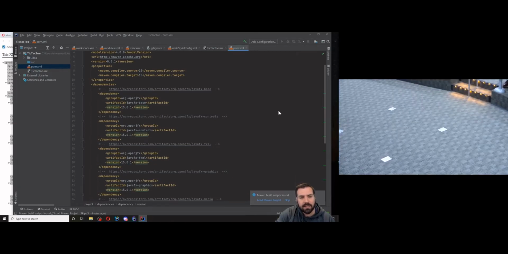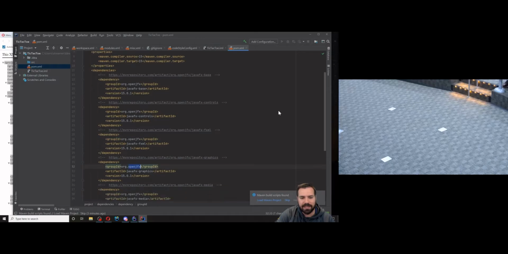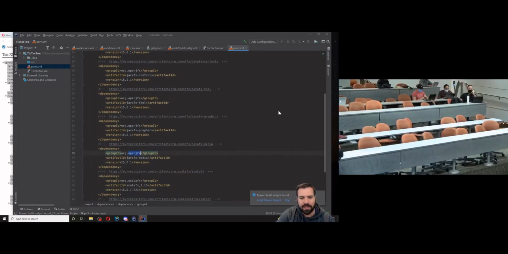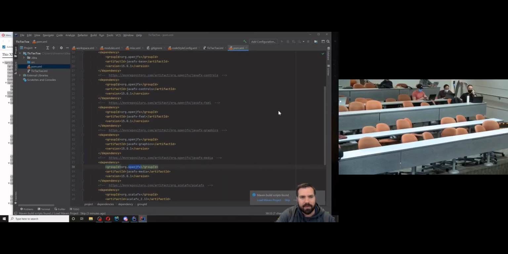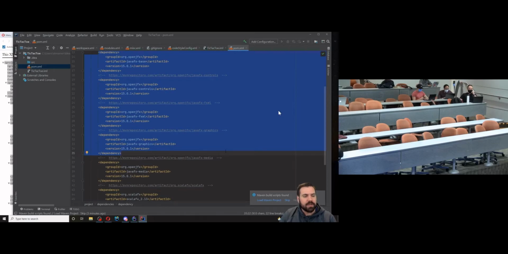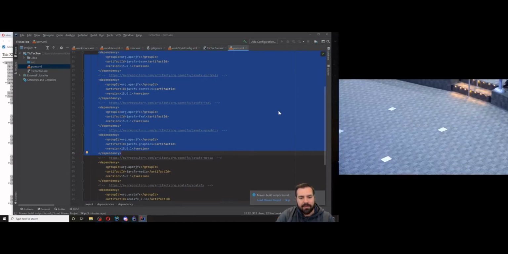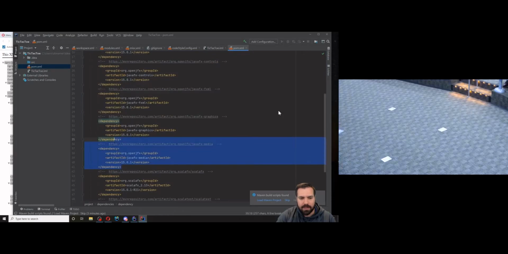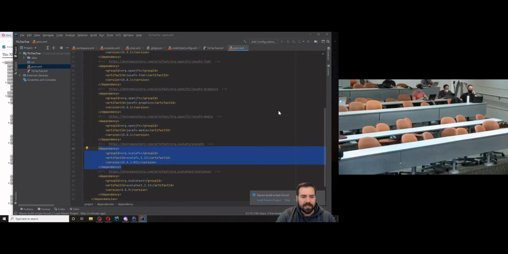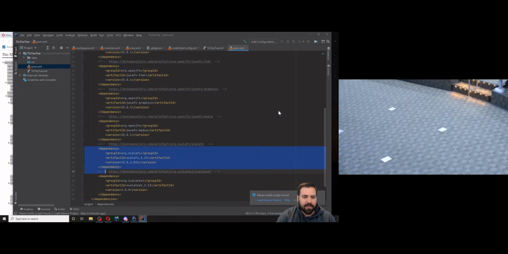But since GUIs were called for, we do need this OpenJavaFX, which has several dependencies. This is the reason why I cut and paste this, because I'll forget one or three of these if I try to remember them. But all these OpenJavaFX libraries, that's going to be our GUI library. And then we have one more, ScalaFX, which is going to be a Scala wrapper around the Java